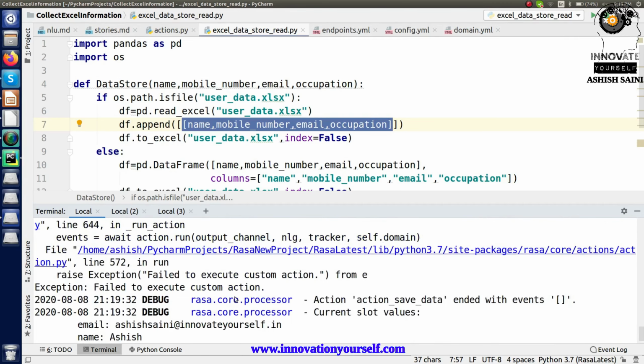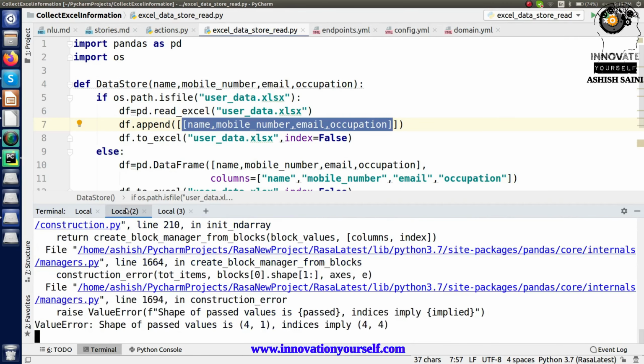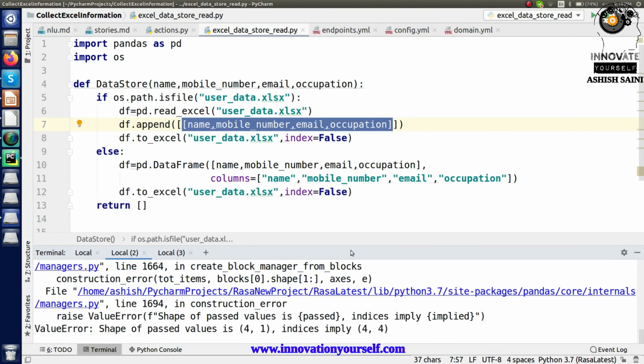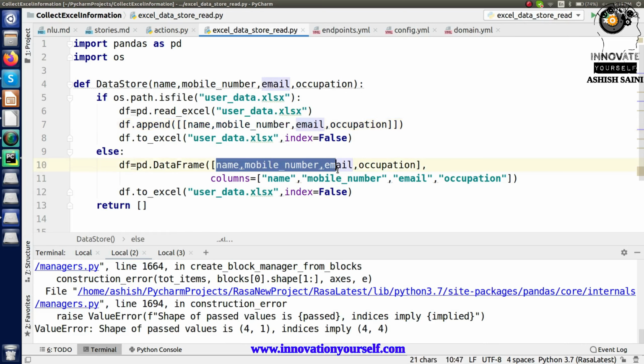Okay, now what happened? Again it's doing the same thing. Oh okay, got it. I have to do it on both sides, here and here as well, because I'm writing it twice, so I have to change it twice.